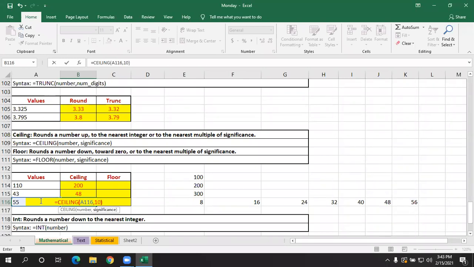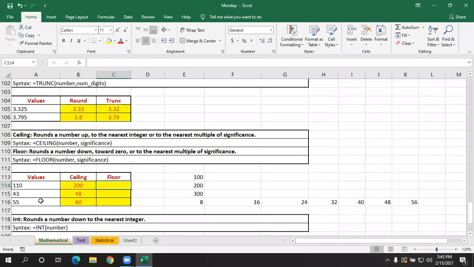Do we have 55 in multiples of 10? We don't, because we have 10, 20, 30, 40, 50, then we have 60. We don't have 55. Which number is greater than 55 and present in multiples of 10? It is 60. So it will display 60 here.